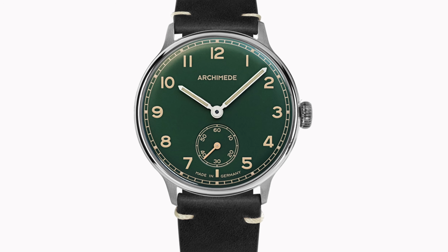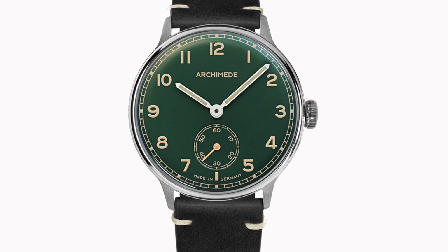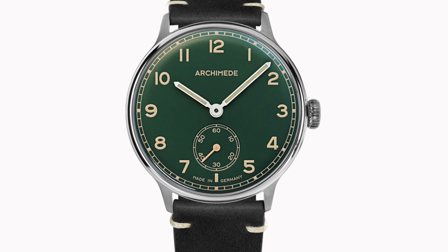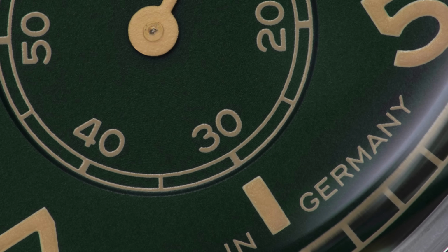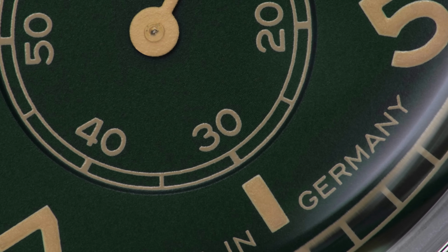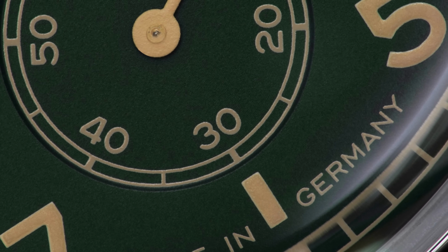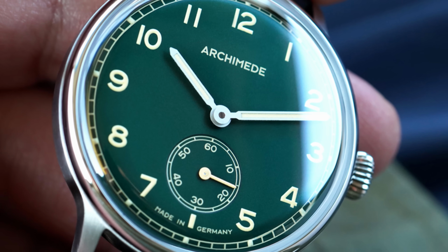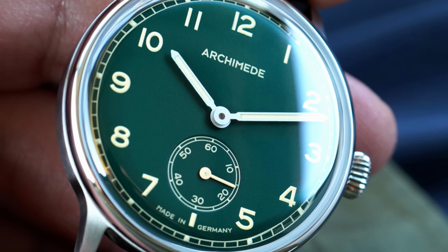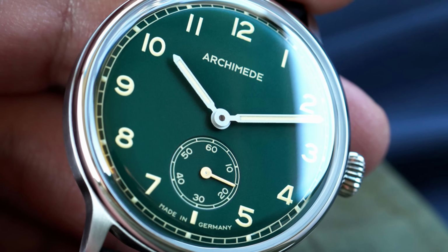Tom, if you've ever thought to yourself, oh, I'd really love a 40mm watch inspired by 1950s timepieces manufactured in Germany, and I don't want it to be any thicker than a centimetre, then you are in luck. This is the Archimedes 1950-4. It is a German-made watch, comes in a variety of different colours, has a very, very plain and simple dial aesthetic, the field watches of that era, but everything is very meticulously executed, as you might imagine, for a German watch. From the colours of the dials, the shapes of the hands, the colour of the faux aged lume,